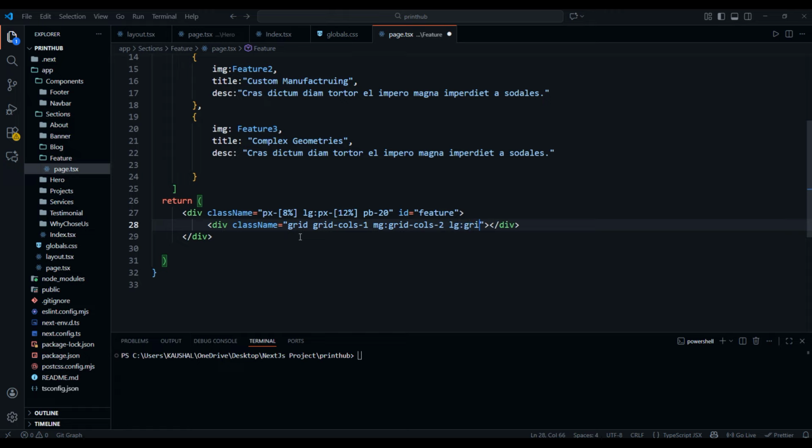For large screen we have to use grid-cols-3, and use gap-6. So this is the div inside which we are going to create our feature cards, and for that purpose we need to do one thing. To create all the feature cards we need to access the features array,